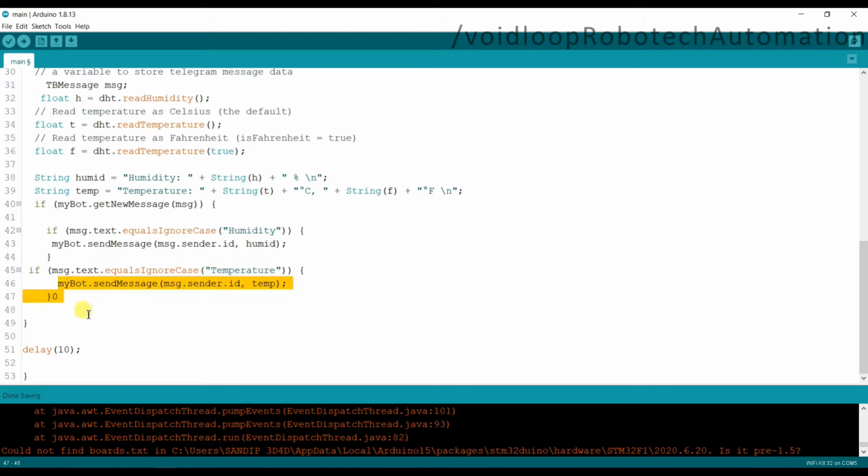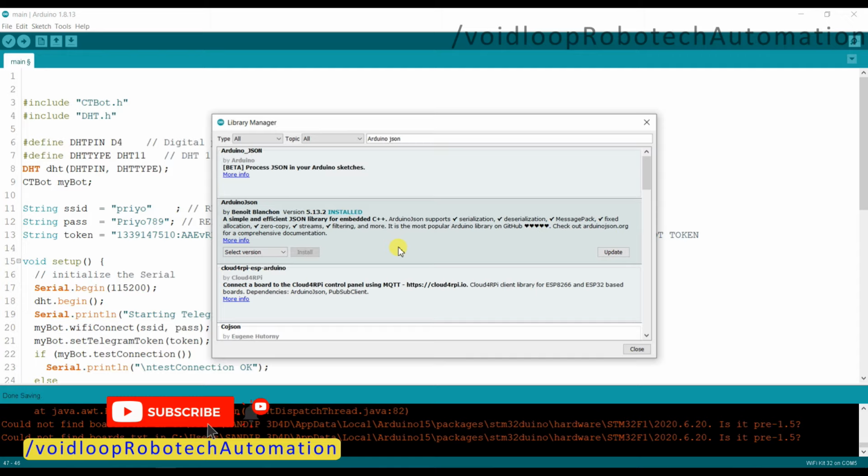First we need to install some libraries, so we will go to Sketch, Include Library, Manage Libraries. I will search here for ArduinoJson. Okay, you can see ArduinoJson is already installed. If you have not installed this library, you should install it.